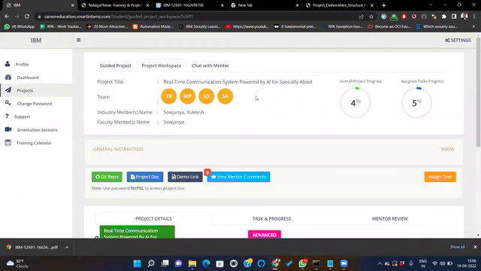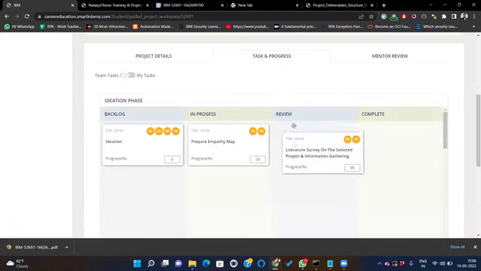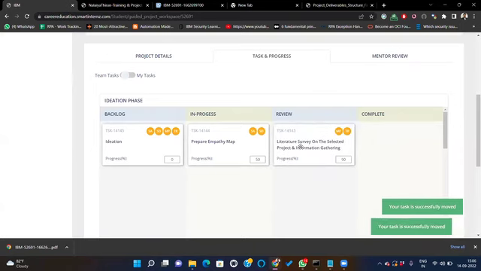If a student is missing any task assignment to their team member, that means they are missing marks in their evaluation. These cards are linked with the evaluation metric. If the card is moved to 100%, then only the evaluation metric applies. Let me go to the task and progress section. Now I have this literature survey, right, ma'am? If the team leader has not assigned this task, then the 2 marks for the literature survey are missed. The evaluator will not be able to give marks to this literature survey even if they have done it.